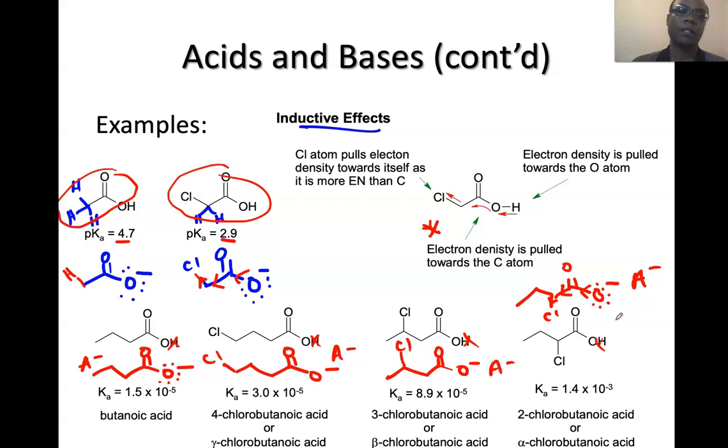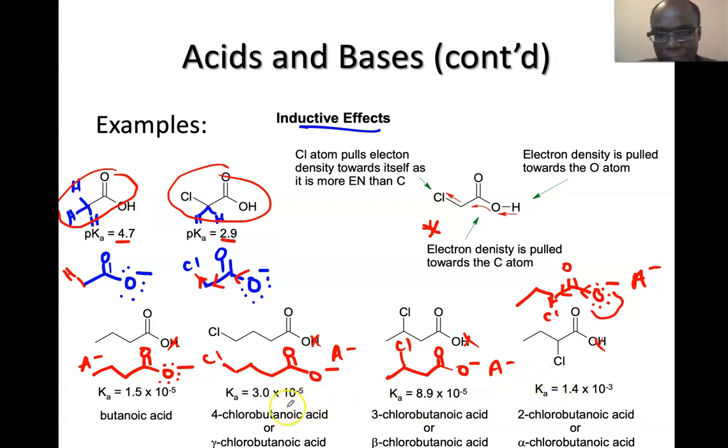So I repeat, the closer the electronegative element is to the site where you have great electron density on the conjugate anion, the greater its effect, the greater its inductive effect in stabilizing the conjugate anion, which means the parent acid will be the strongest. So here you can see